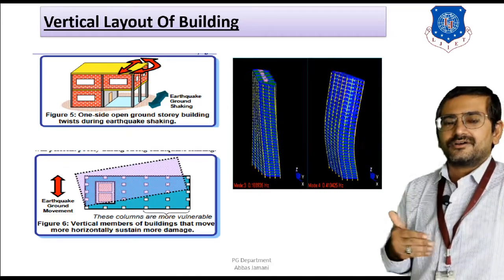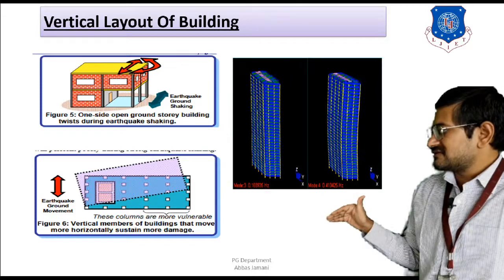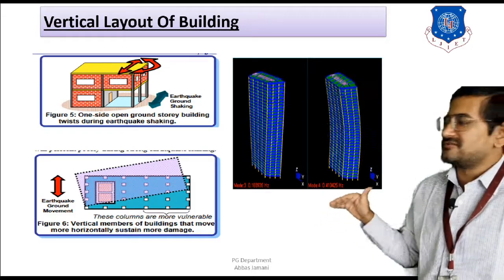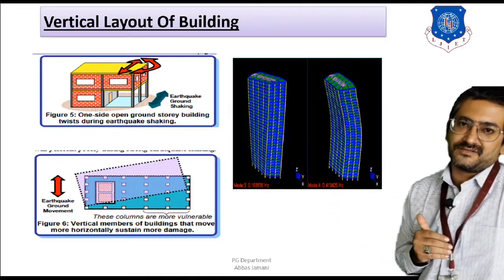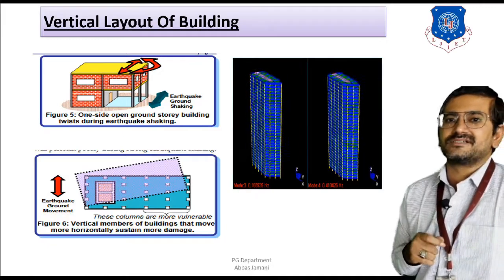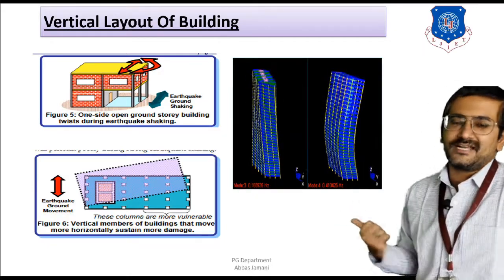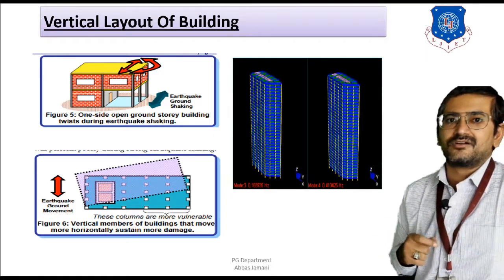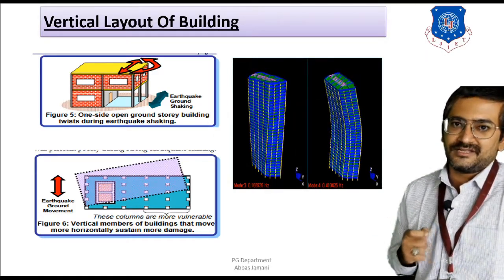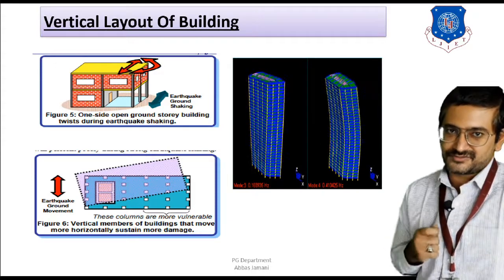So when you calculate the lateral strength of the ground floor, it is going to be less as compared to the lateral strength of the first floor, because if you take into consideration the effect of infill walls, then the ground floor is going to lack in that particular matter. As a result, two terms are coined in the IS code, and that is the weak story or the soft story, right?